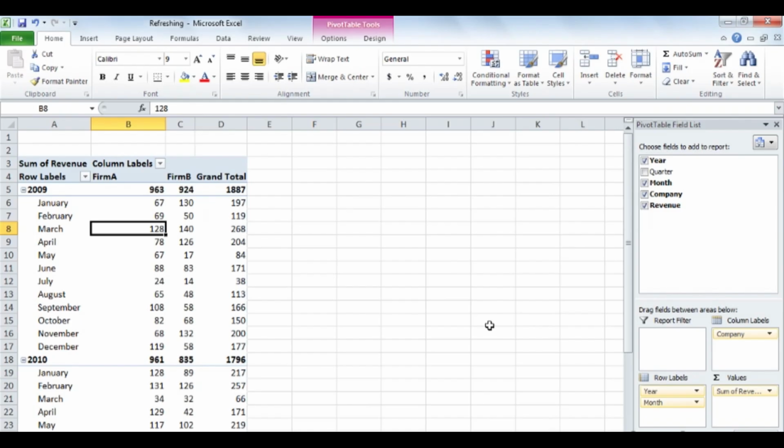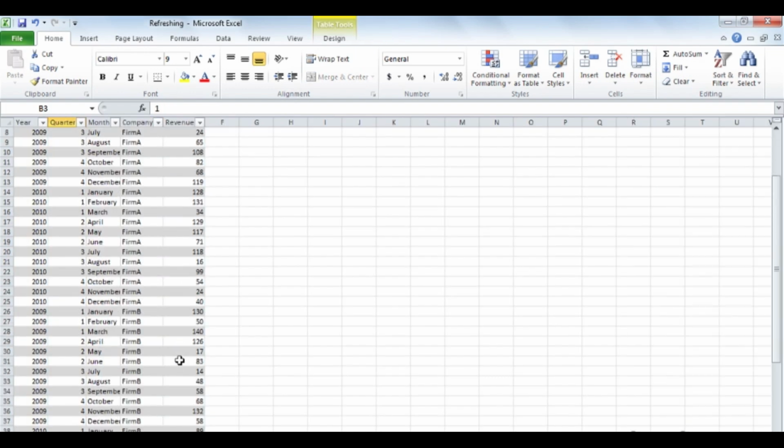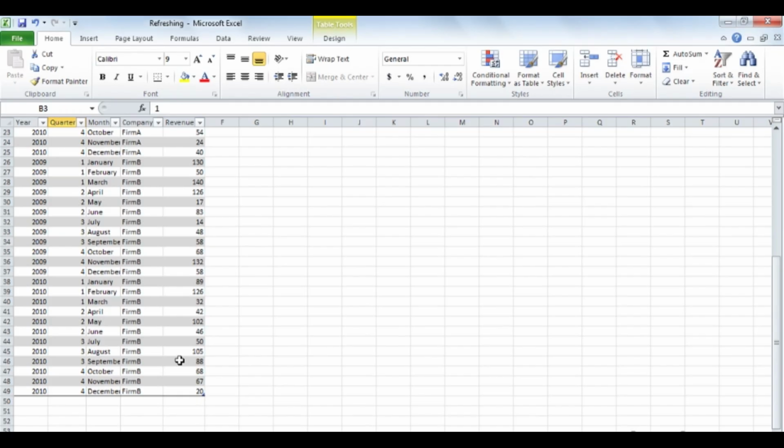So the data for this pivot table is on the Table Data worksheet, and if I scroll down using my scroll wheel to the last row, then I can add another row to the table and have that data appear in the pivot table. So let's say that I click this last cell and press Tab to add a new row to the table, and then we'll put in data from 2011, so it'll be 2011, quarter 1, month of January, for firm A, and then for revenue, we'll just make it 200, so it stands out from all the other data,